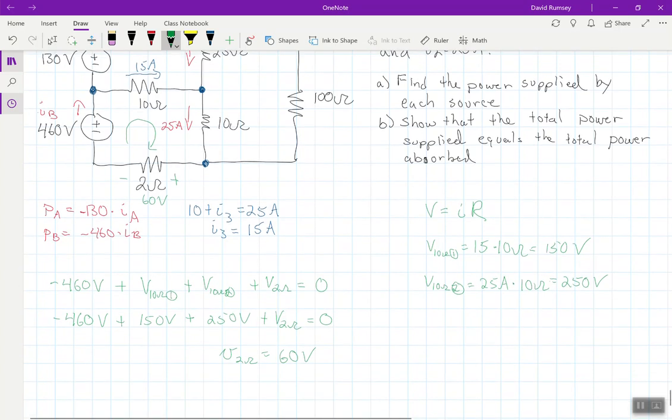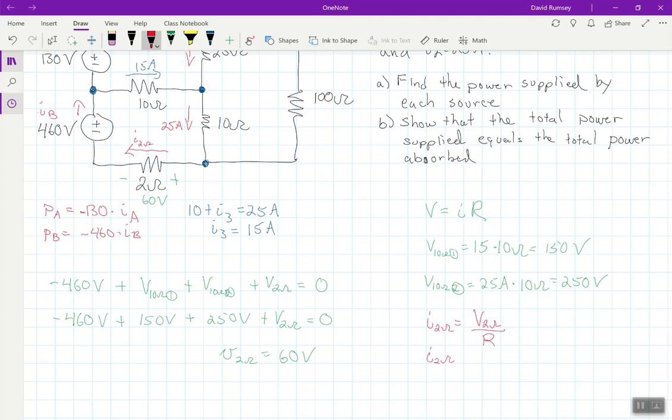Well, how is that useful to us? Well, I'm going to erase this green little arrow here. I'm going to draw in a real red here, and I'm going to say the current through the 2 ohm resistor. Well, I know the current through that 2 ohm resistor now. Just using Ohm's law again, the current through the 2 ohm resistor would be the voltage of the 2 ohm resistor, of course, divided by the resistance. So if we did that,